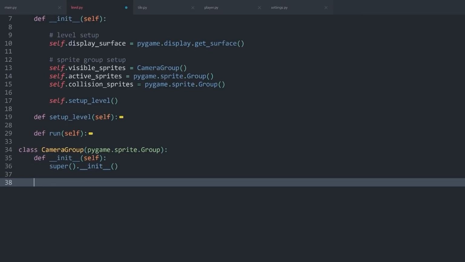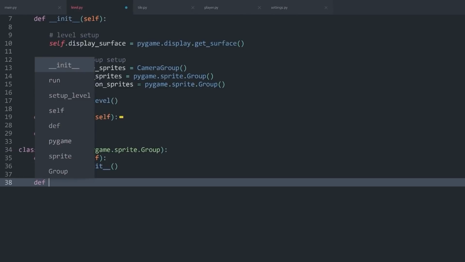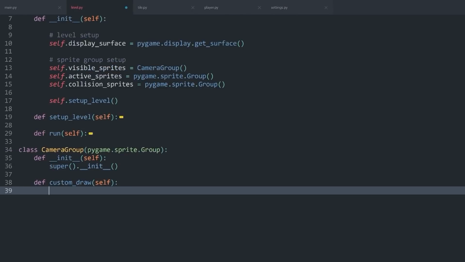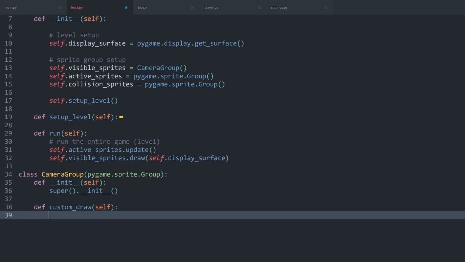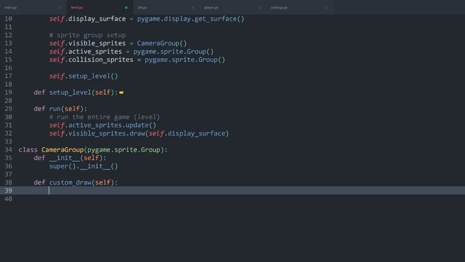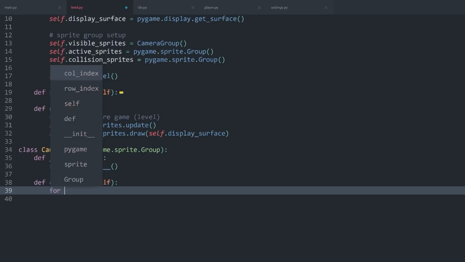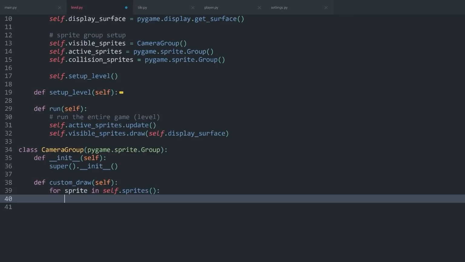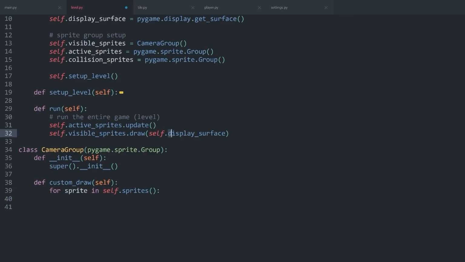And let me do one example. Let's say in my case, I want to create a custom draw. And this one needs self and nothing else. And for now, we are just going to replicate the usual visible_sprites.draw so that this group is drawing all of our elements on the screen. And all that draw really does is this. We are going through for sprite in self.sprites,